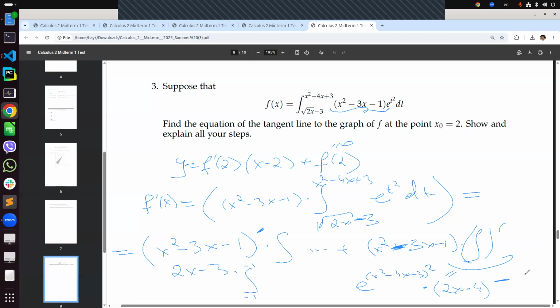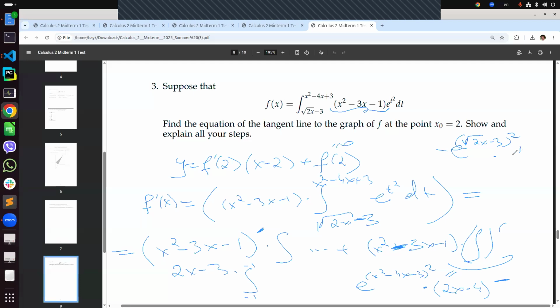And similarly, minus e to the power of root of 2x minus 3, squared,